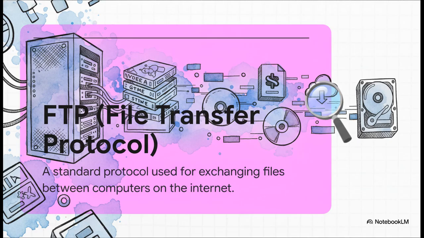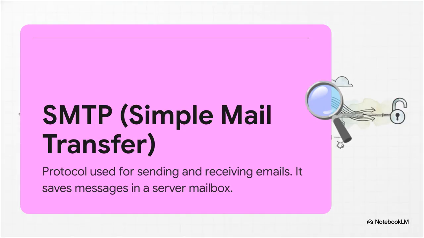This is the internet's heavy lifter. When you're downloading a huge file, like a new video game or a big software update, chances are you're using FTP. It was built for one job, and one job only, moving big files from one place to another, fast and reliably. And then you've got the internet's own postal service. That's SMTP, or Simple Mail Transfer Protocol. Its entire mission in life is to handle email. The moment you hit send on a message, SMTP is the protocol that takes over, making sure your email gets from your computer to the right inbox, wherever it is in the world.